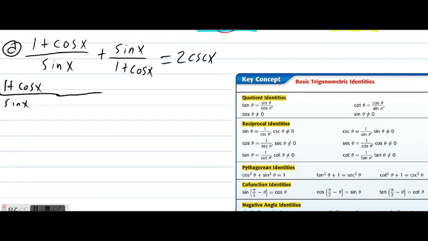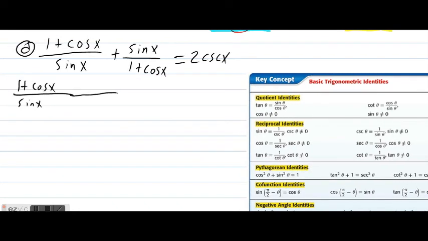All over sine of x, and you recall that all I did was extend the fraction bar, and I kept saying, what does this denominator have that this one does not? And the answer is 1 plus cosine of x. What I do to the denominator, I have to do to the numerator. Plus